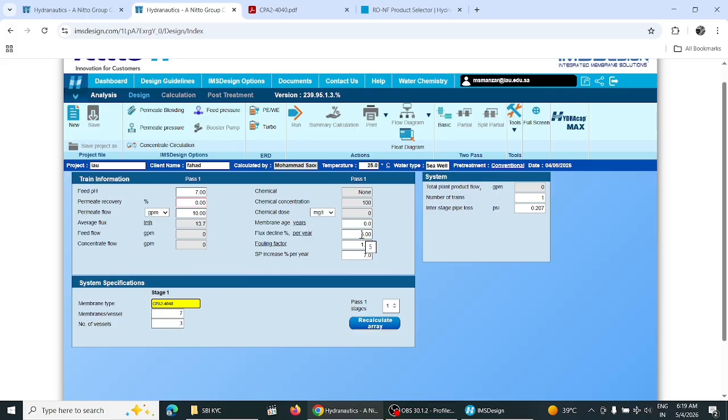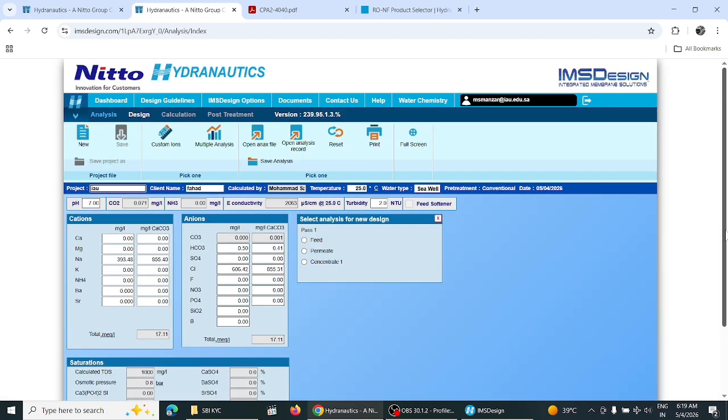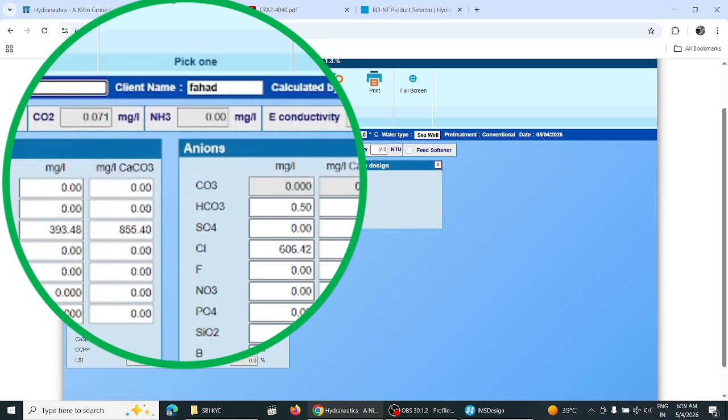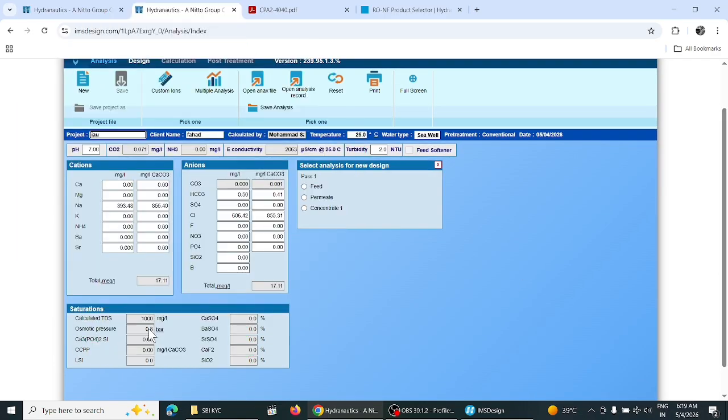And also one thing, last but not least, the IMSDesign also checks, if you go to the analysis window, these parameters. You can see here down, these are called CSO4, osmotic pressure. If this is high, it can also lead to scaling, and concentration increases in the reject stream. Now for example, if we are designing an ultrafiltration membrane, though it cannot remove suspended solids, colloids and bacteria, RO cannot handle them without ultrafiltration. So these are some of the basic information we must know before working on the app or cloud,